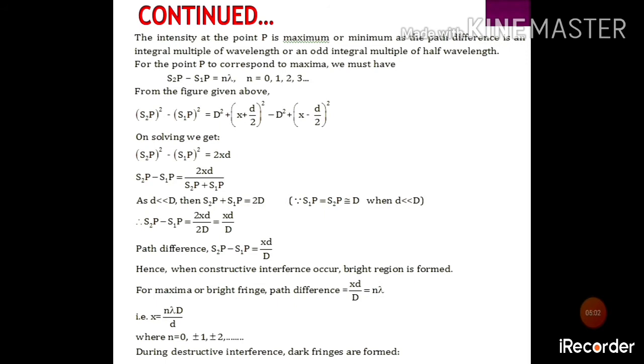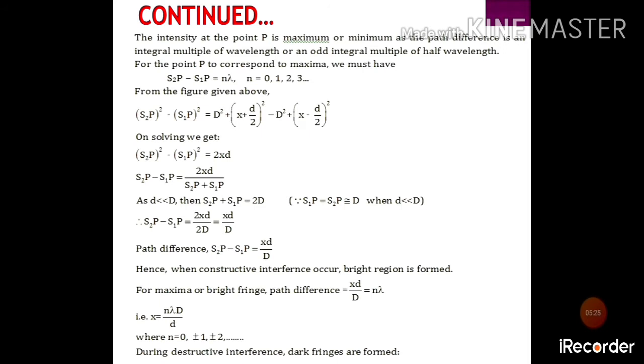So S2P minus S1P was representing the path difference between the two waves. So I can say that the path difference is equal to x small d upon capital D. This is the relationship for the path difference which I am getting at the point P. Now this path difference will decide whether I get a maxima or a minima at the point